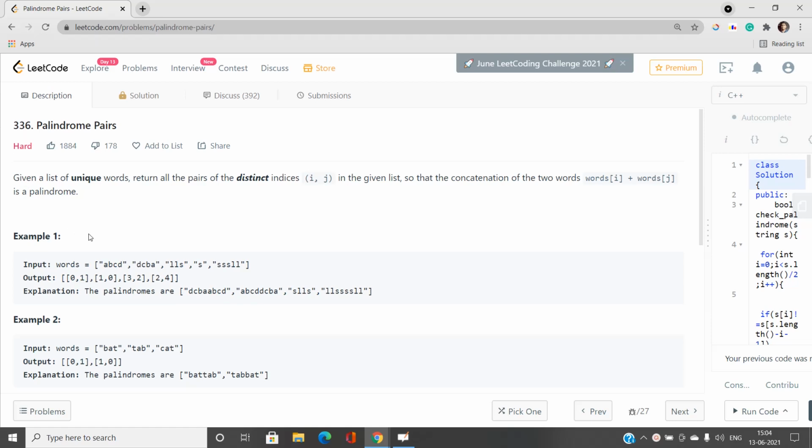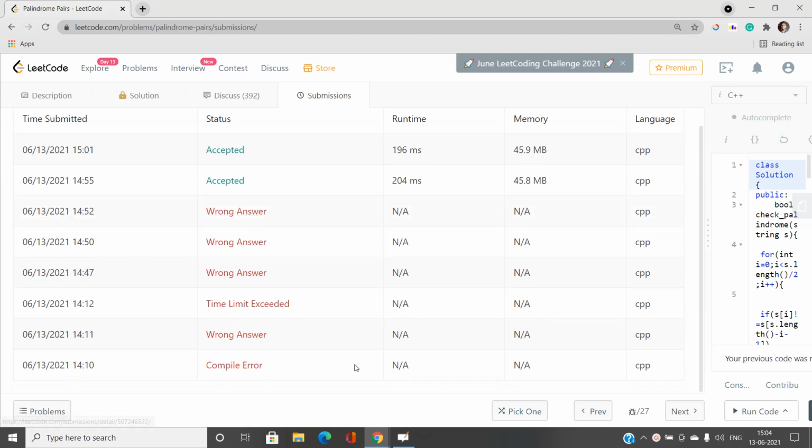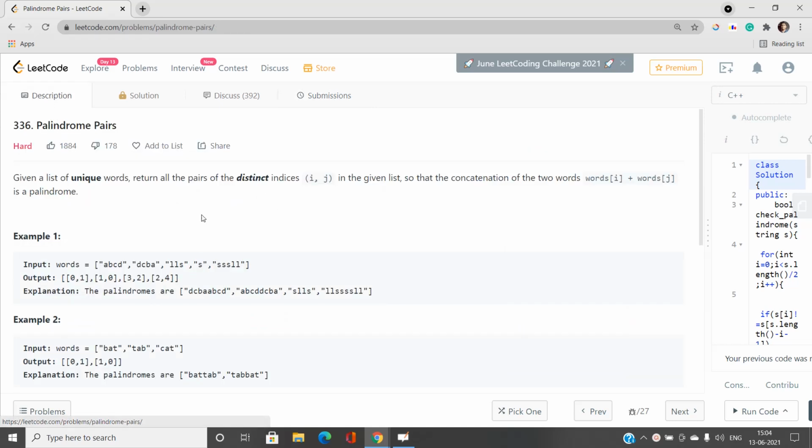So moving on to the discussion of this problem, I will call this a strange problem, or an interesting one also, because you can see over here a lot of compilation errors, wrong answers, TLE, then wrong answer, wrong answer, wrong answer, and finally they got accepted. The reason behind these many wrong answers is the corner cases. I was not aware that this can happen, so I will briefly explain where we should take care of the corner cases and what the prerequisites are to solve this problem in the best possible way.